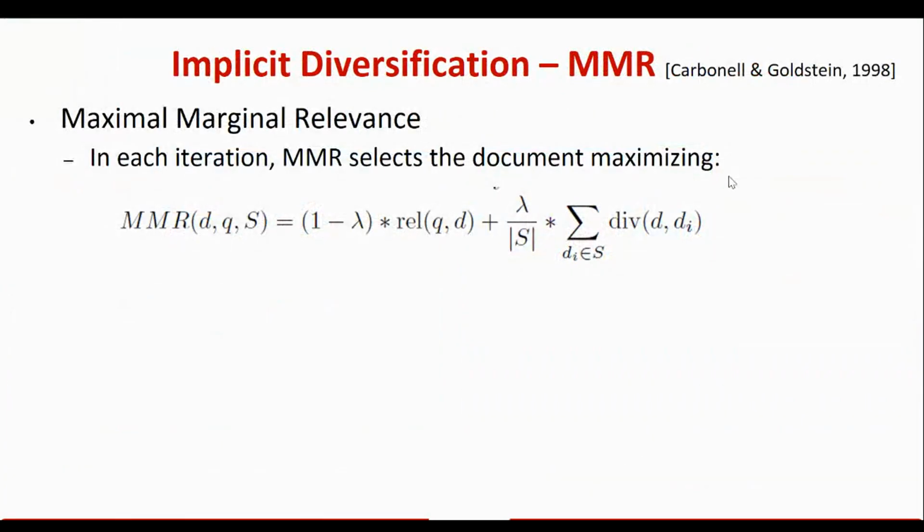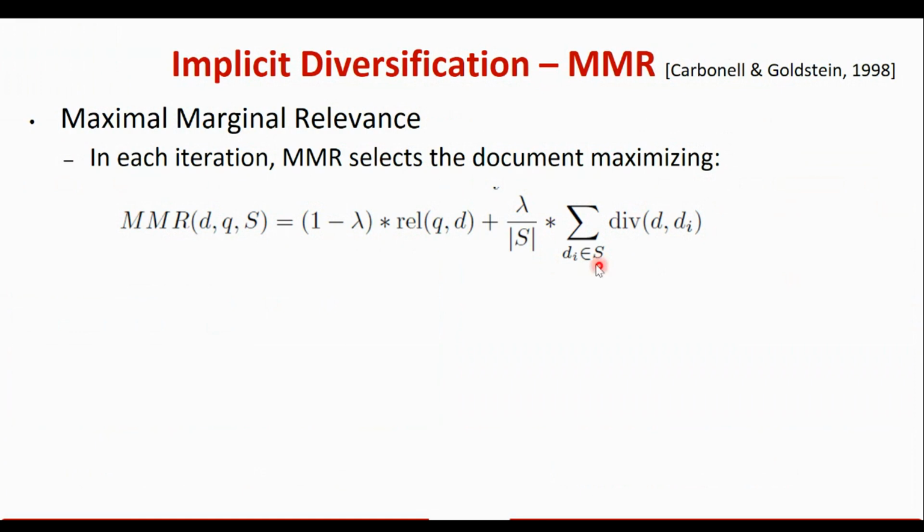For diversification, there are several proposals in the literature, and in this work we focus on the implicit diversification methods. MMR is one of the pioneering methods, which in each iteration selects the document that maximizes this formula. The left-hand side of the formula is the relevance of the scored document to the query. The right-hand side of the formula represents the diversity of the scored document from those that are already selected to